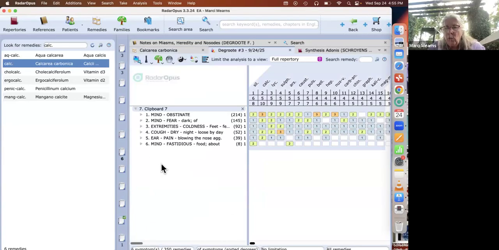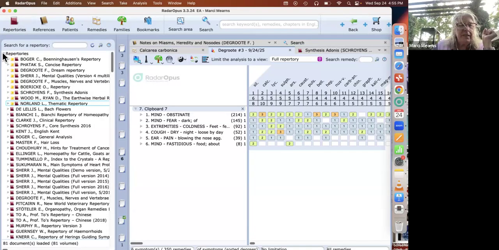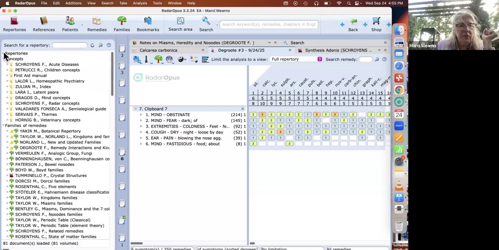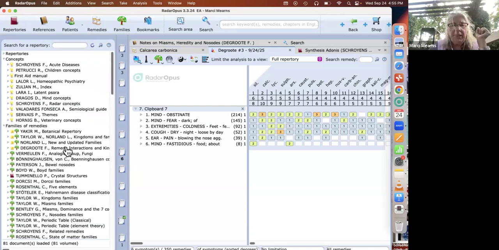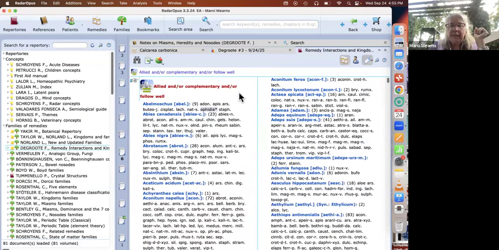In many instances, what I discovered when I researched smaller remedies, he's giving us remedies that follow well that are not listed in the other databases. I hope I'm being clear about that. This database, which is right here, remedy interactions and kingdoms, allied or complementary and or follow well. There are a lot of small remedies in here that are not included in those other follows well after databases.